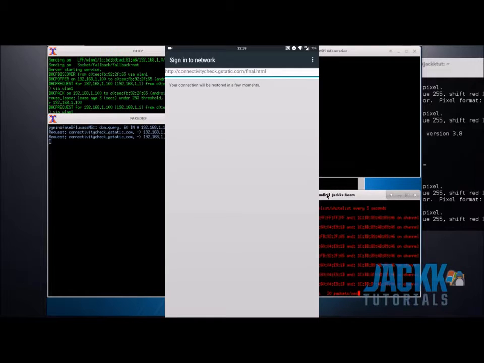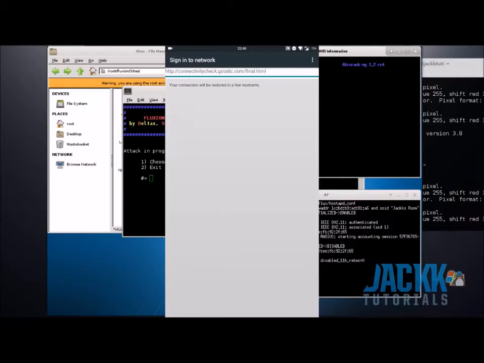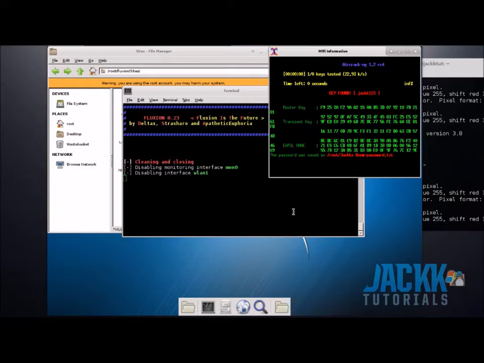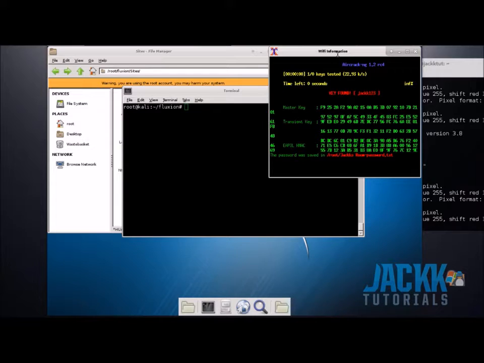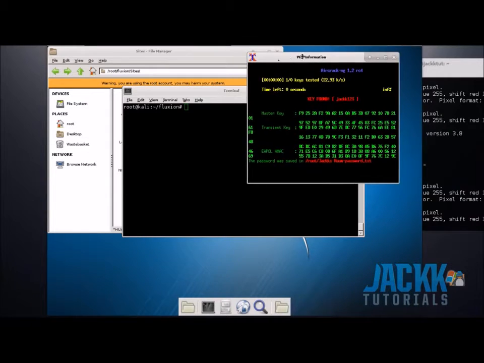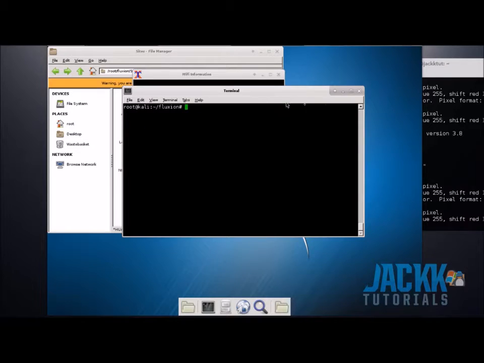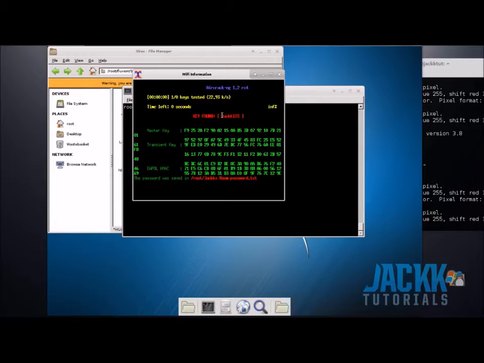And it's going to say, your connection will be restored in a few moments. So once that's done, you can see all the scripts automatically close. It's disabling all that. It's doing a cleanup, and you can see that the key was able to be verified, and it presents it to us. So you can see it's verified with aircrack that it actually worked. So there it is, key found, Jack 123, and we'll be able to connect to the wireless network with that